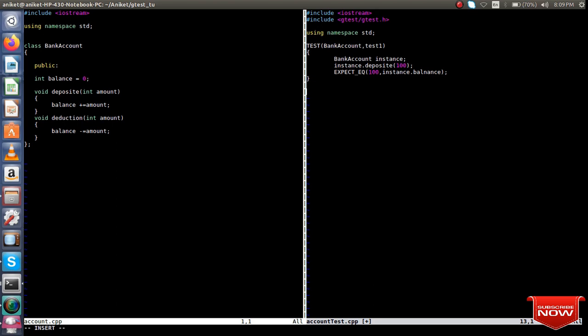Now we have to write a main, which is required for Google Test. Here it's int main with int argc, char pointer argv. Testing is a namespace, call InitGoogleTest.